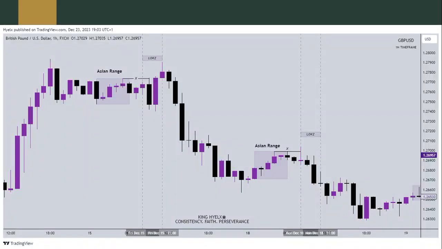So as you can see over here, this was our Asian range, right? And we said we had accumulation of orders over here. Now 8 a.m. over here, sorry it's overlapping, but 8 a.m. was when London kill zone began and 11 o'clock was when it ended. And you can see right here at 11 o'clock, even right here by 9 o'clock we had already taken out liquidity above the Asian range, right? So all these moves above here could be characterized as manipulation.